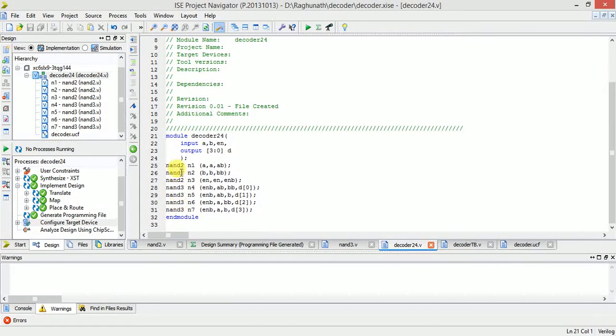If you write NAND G2 or NAND G3 in your NAND gates, then you have to use those names here. I used NAND2.v for the 2 input NAND gate and NAND3.v for the 3 input NAND gate, so I am using 3 NAND2 and 4 NAND3. After that, we can verify how to download and all.